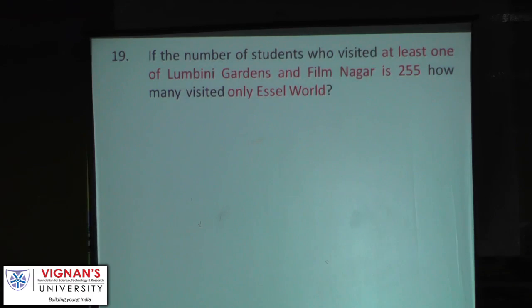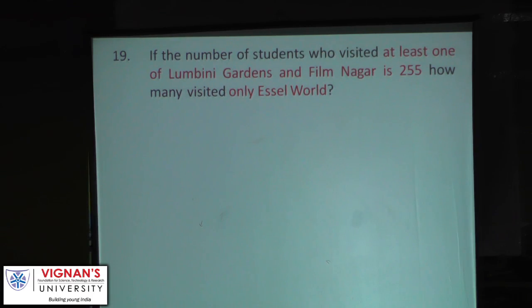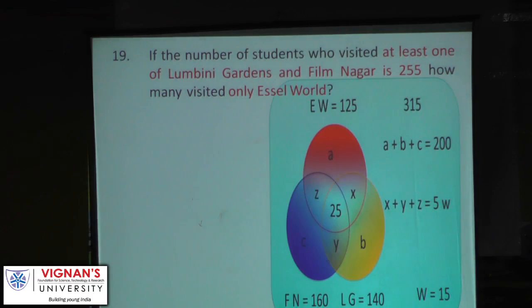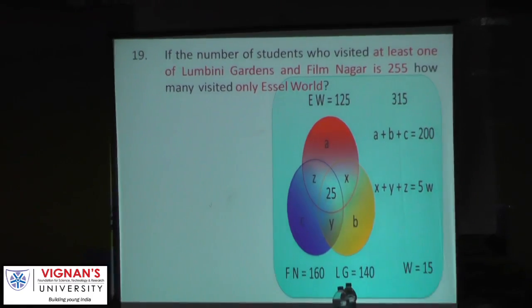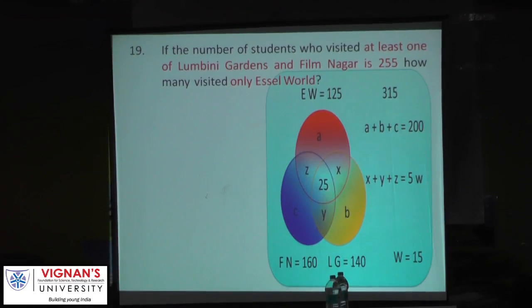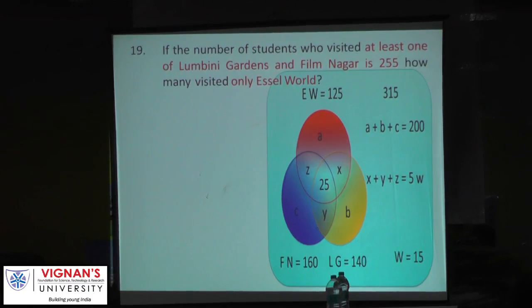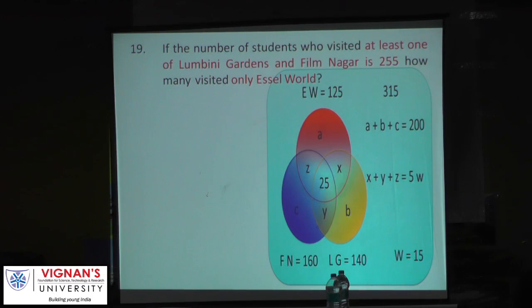If the number of students who visited at least one of the Lumbini Gardens and Film Nagar is 255, how many visited only SL World? If the number of students who visited at least one of Lumbini Gardens and Film Nagar is 255, what does that mean? Lumbini Gardens union Film Nagar is how much? 255. So Lumbini Gardens and Film Nagar together is 255. What is the total? 315. From 315 if we subtract 255,